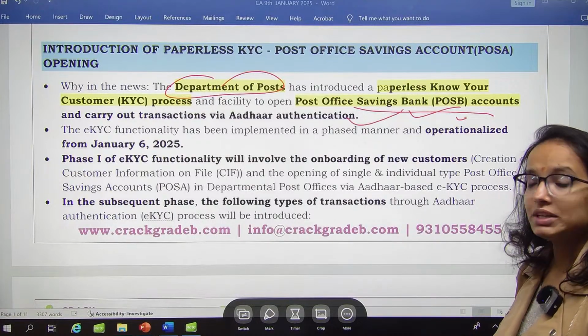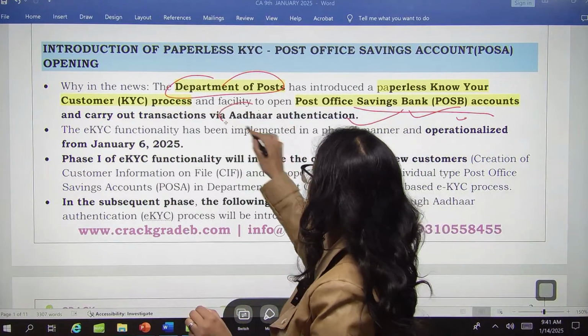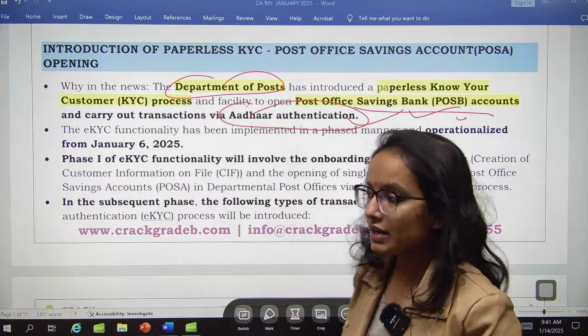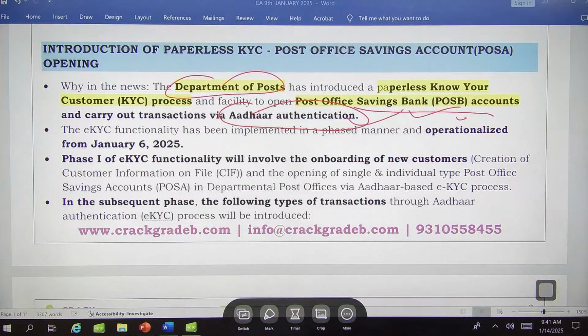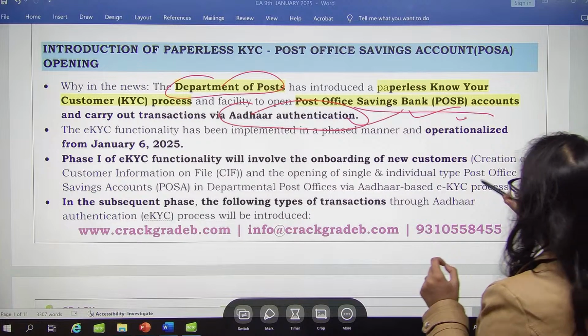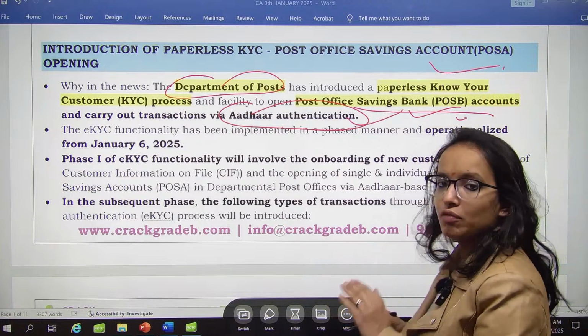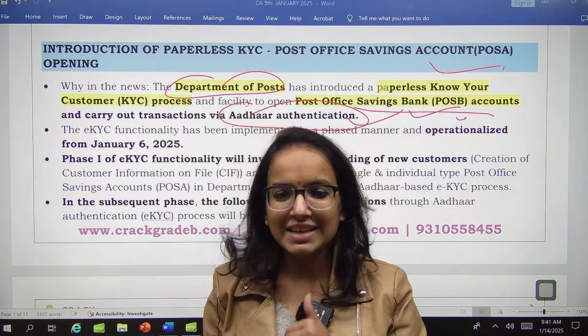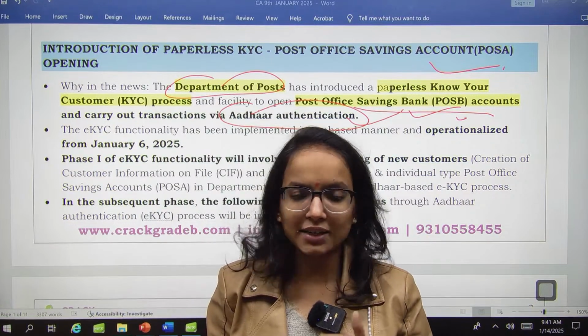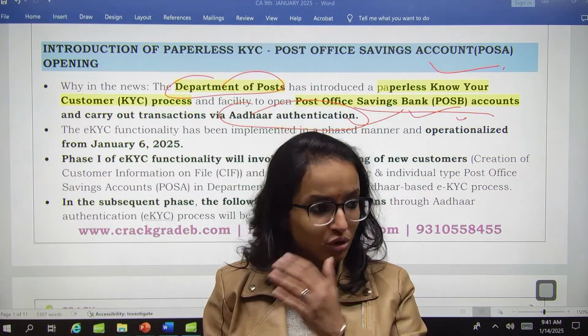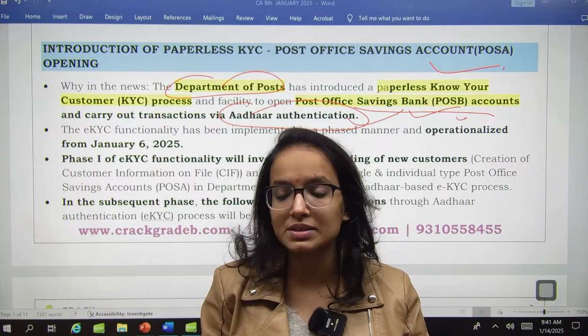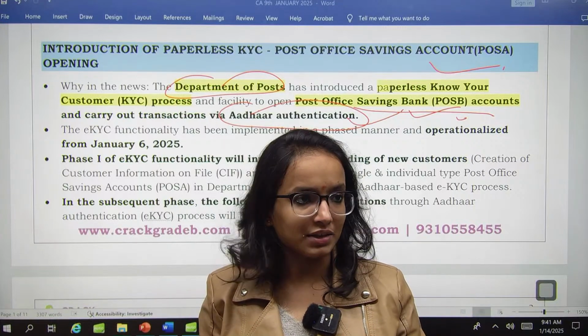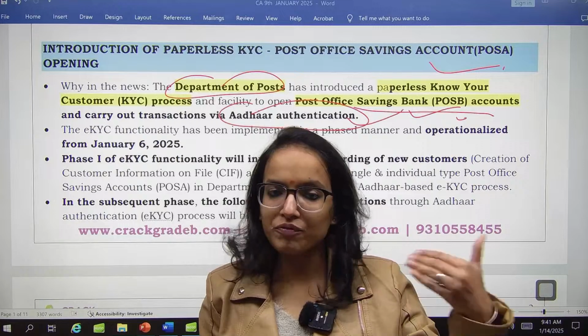And also you can do the transactions using Aadhaar authentication. On the basis of Aadhaar authentication it will be there. So if you see, for the post office savings account, everything now will be online. This would ease out the process, making it digital, making it accessible to a lot of people, because post offices are more accessible to the rural and unbanked areas, right? So this would be fostering this